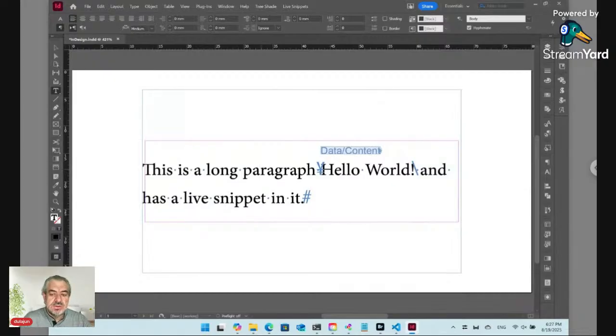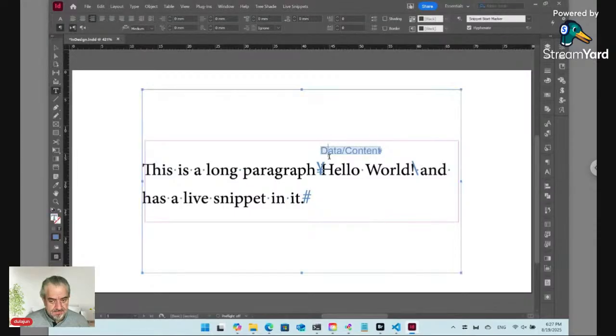So you can use here live snippet to have text inside the story itself with this mark that determines the external text file with non-printing anchor text frame